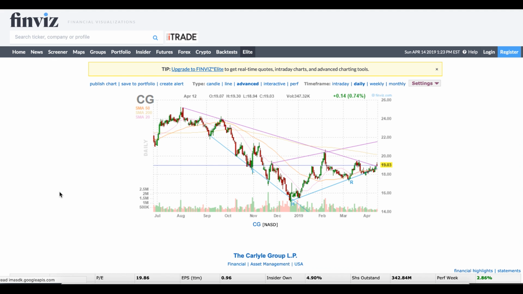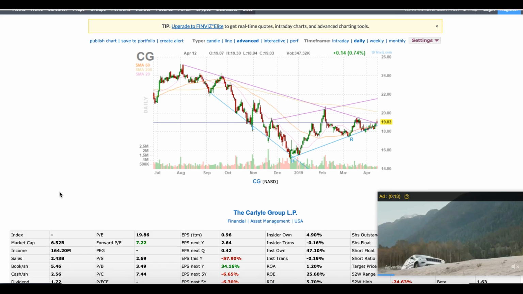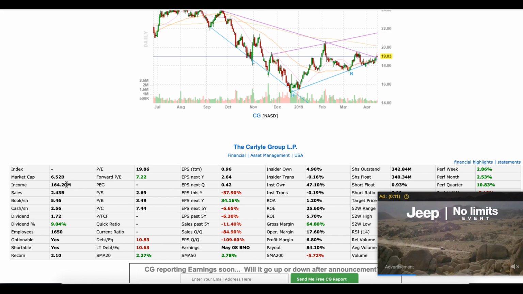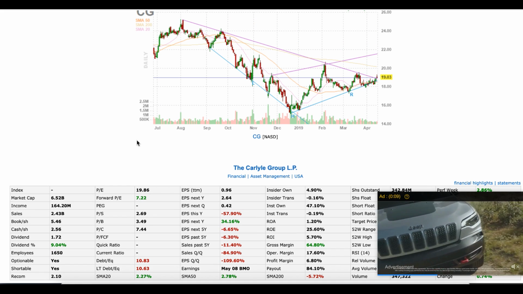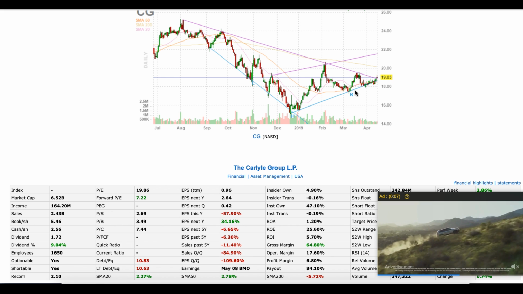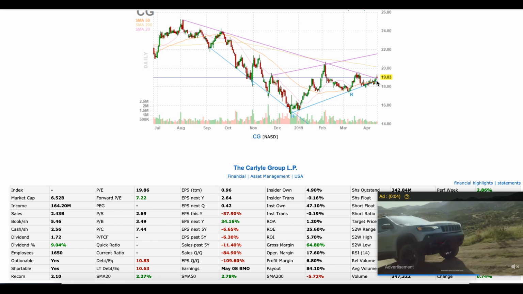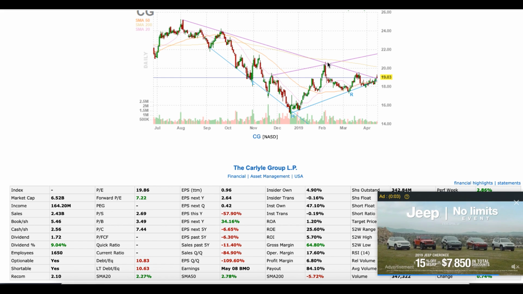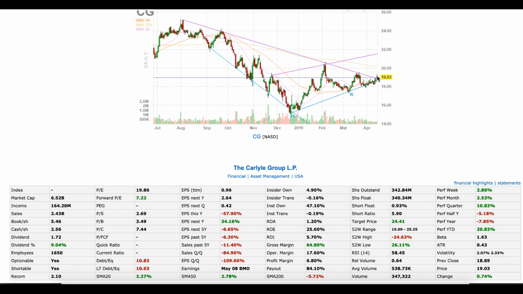You can pull up a larger image, and you can also get this nice summary of what's going on with CG down here. So you can see here we're narrowing into a very defined point. This is the fight between the buyers and sellers. Who's going to win? Looks like the buyers tried to take control today but got rejected from here. And again, CG is maybe something that could be interesting,